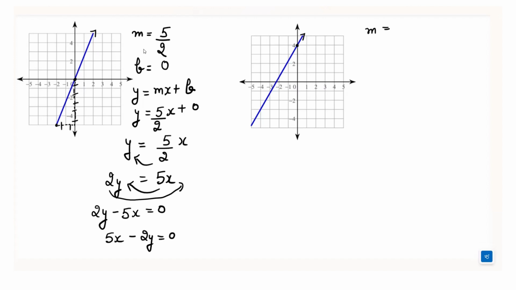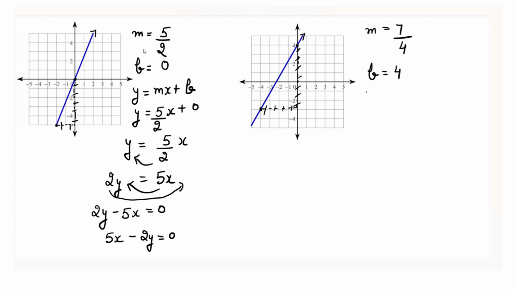Now similarly, if you will see the next graph, the value for m is equal to. So we'll take that. This is the exact point here. And the another point which is exact here is this one. So I'll put this sort of a triangle here to calculate the value of m. 1, 2, 3, 4, 5, 6, 7. Divided by 1, 2, 3, 4. So the value for m is equal to 7 over 4 and the value for b is equal to, yes,